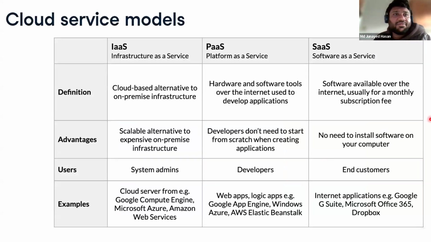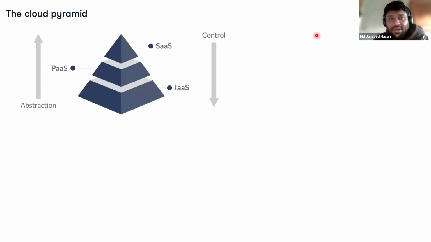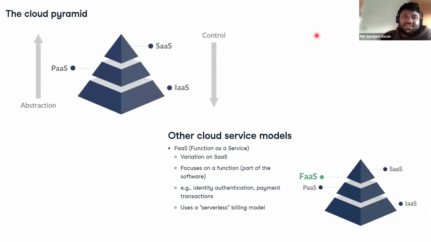So this is sort of a cloud service model analogy. The infrastructure as a service, it's just a chart, okay? One important thing I can give here is that in SaaS, you do not need to install anything on your computer. And for PaaS, platform as a service, most of the time developers use that. So that is enough for this, but we are going to discuss our case study, so we do not need to dive in more. And just a little bit about here.